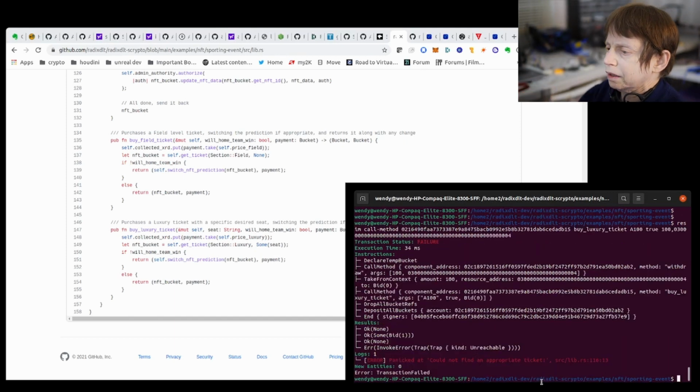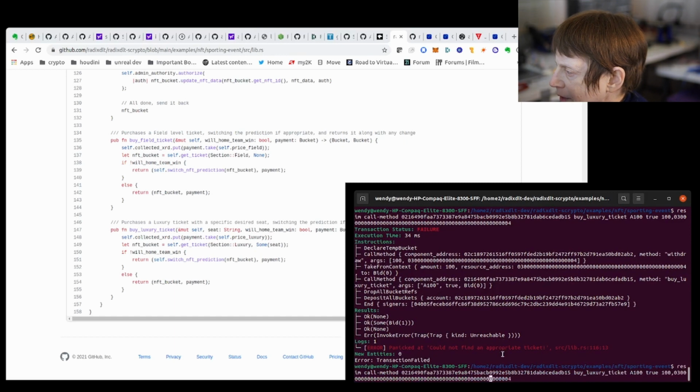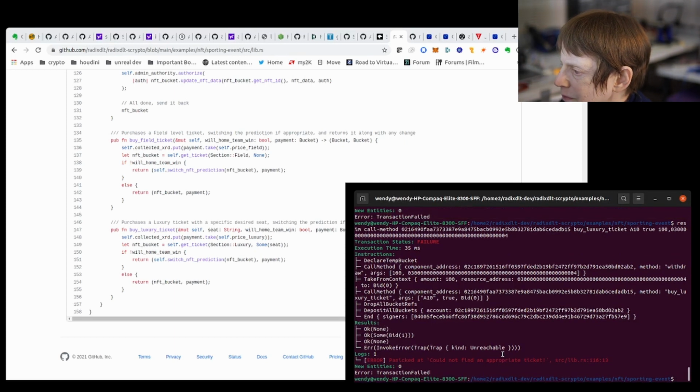Okay, so it panicked, exactly what I expected, because A100 doesn't exist. So let's change this to A10, and I believe that should work. No, it did not like that.